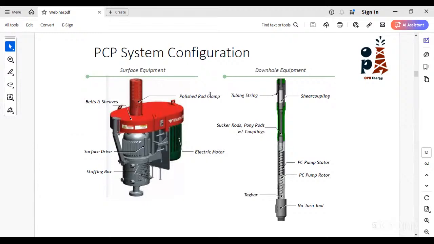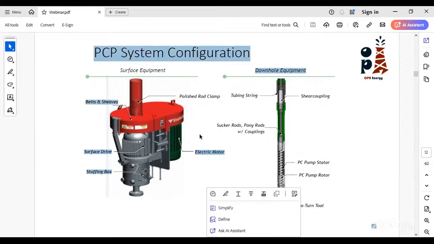Okay, and now let's move to the surface equipment. The surface equipment, of course, should have the drive head. This drive head is the thing that drives the rods in a rotation and then the rotor itself. So this is the drive head or surface drive. Okay, how can this drive head take its rotation from the prime mover? The prime mover is the electric motor or even a gas or diesel motor. And of course, we can generally say that it is a prime mover, not just an electric motor.